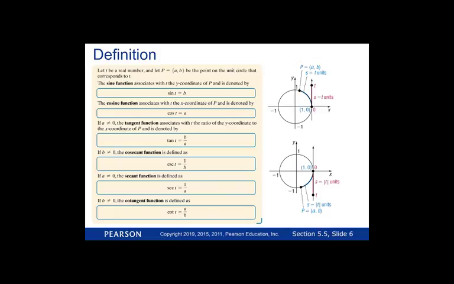Okay, let me think about this. Do I want to go through these details? So what's going on with the unit circle? We consider a circle of radius 1, and we draw a line that's tangent to the circle passing through the point 1, 0. Now, when we wrap this tangent line around the circle in a counterclockwise direction, that's the positive. So the positive x-axis on this tangent line wraps counterclockwise. The negative direction on this line wraps